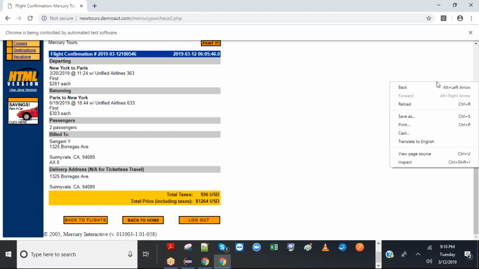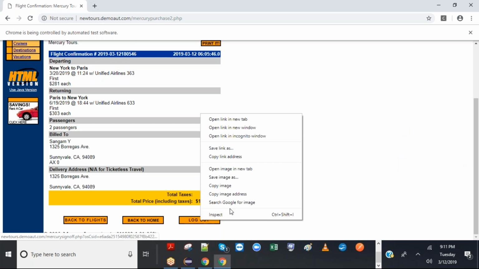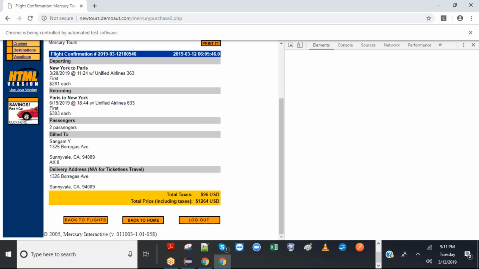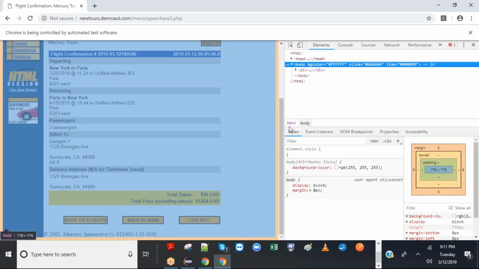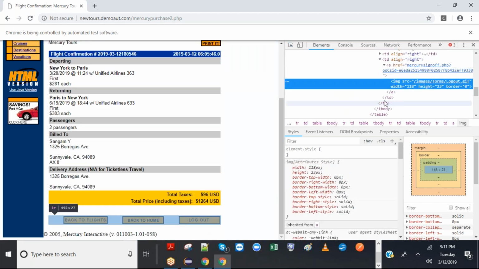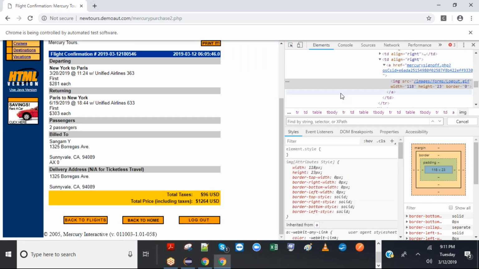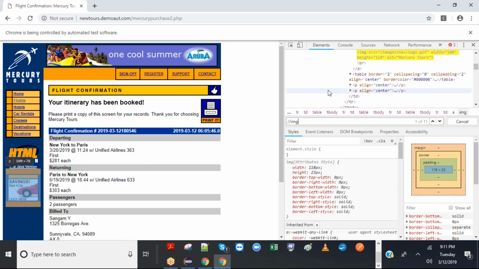So without wasting time, that would be the last button click. Let's add this to logout. That's an image. So there are 11 images.